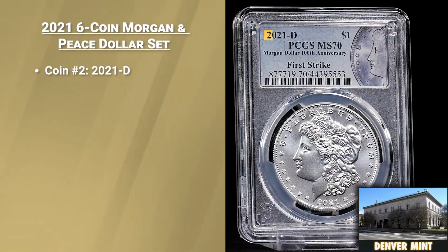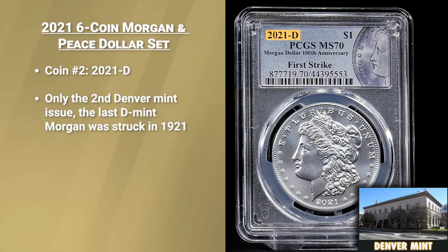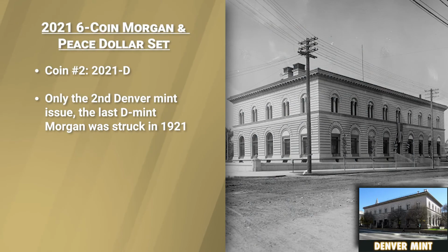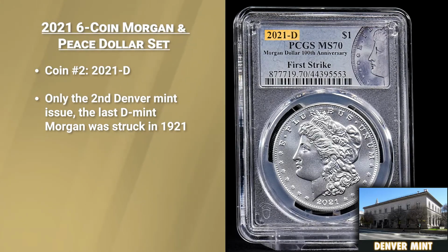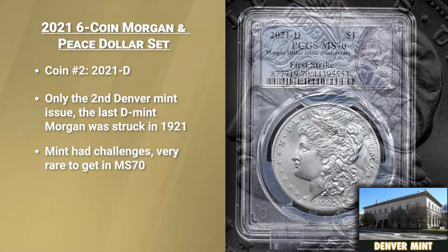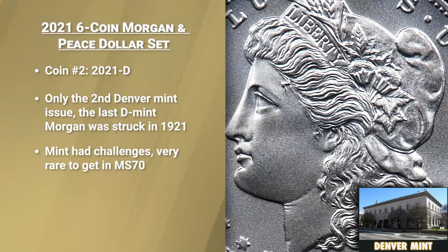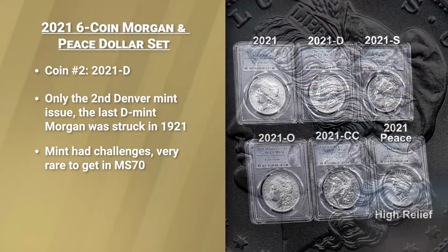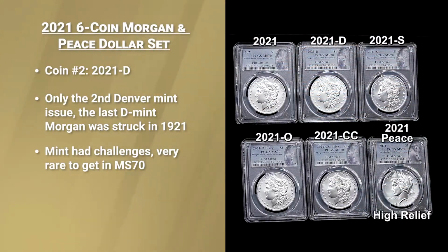We've got Denver. Only the second time a Morgan dollar's been struck at the Denver Mint, because 100 years earlier, 1921, was the only Morgan dollar struck at the Denver Mint. So this is only the second time a Morgan was struck at the Denver Mint. And coincidentally, like I said, for whatever reason, that's the one that they had some quality control issues. Not many of these were able to grade in a 70,